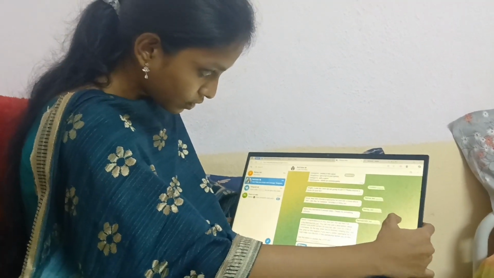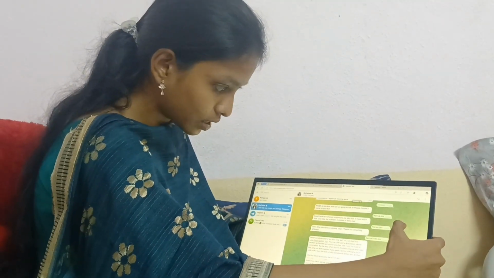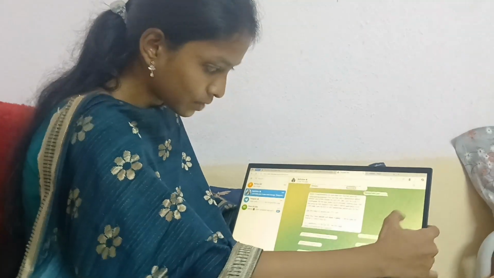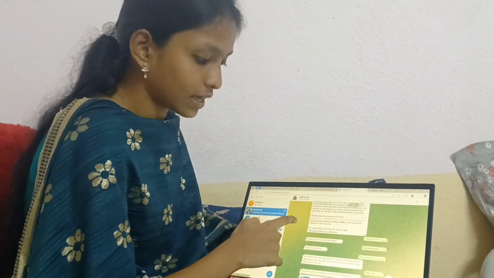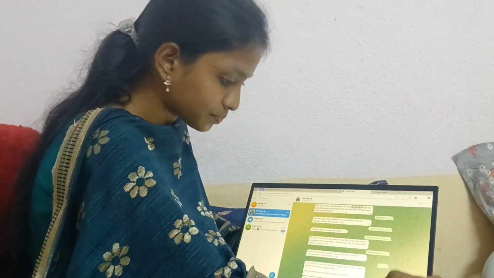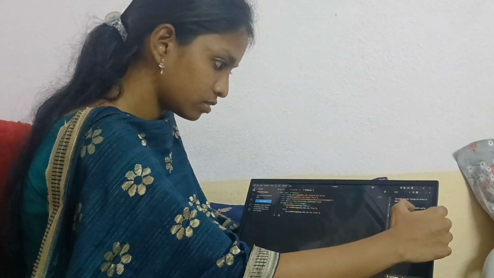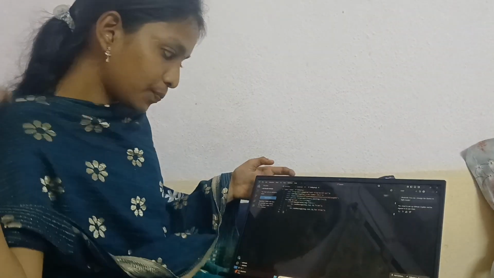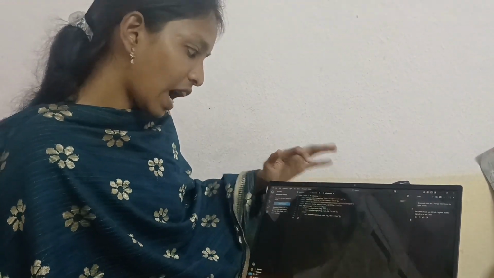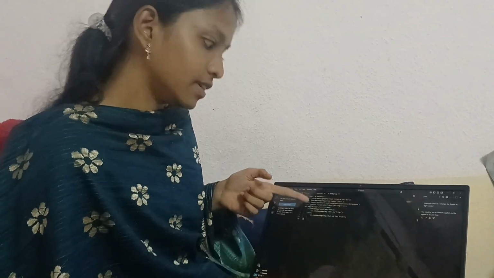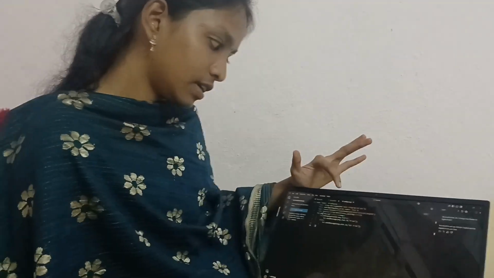Then we have to type new bot. Then we have to give a username for our new bot. Then it will provide a token. We have to copy this token, and in Visual Studio Code or any file, we have to write any code regarding JavaScript, and we have to use this token here. So I have taken an is prime or not